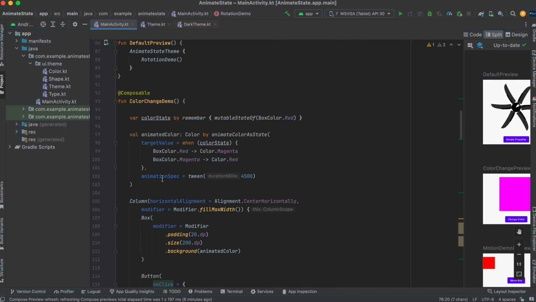The same flow we have, a color state, will set the state to be red at that point in time. You can see we could actually use state with different kinds of objects. We could use it with boolean, as I've said earlier. We could use it with a custom object. We could use it with float, name it. And we also still have our animated state calling from the animate as state, where we have the target value and the spec. The target value this time is red and magenta